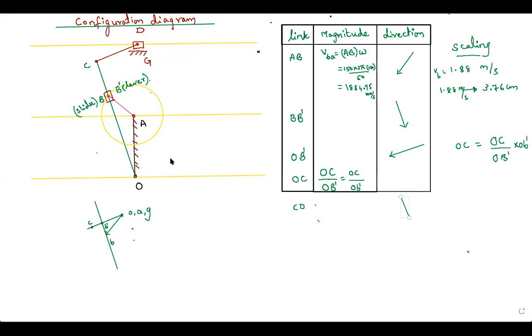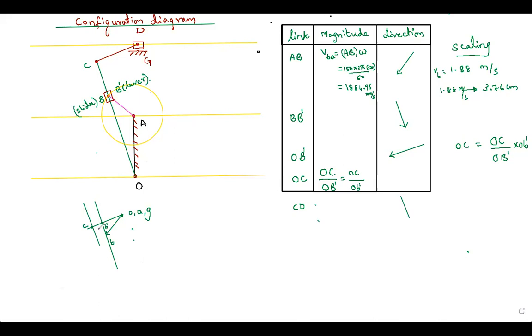Okay, but one thing is it should pass through C. It should pass through C because it is CD. It should pass through C in the velocity diagram. So passing through C in the velocity diagram, I just drew a line. Okay, upwards, downwards, anywhere it can touch. So just draw it and hold on, because yes, I have erased that point clearly so that we can differentiate. Yeah, this is point C over here.